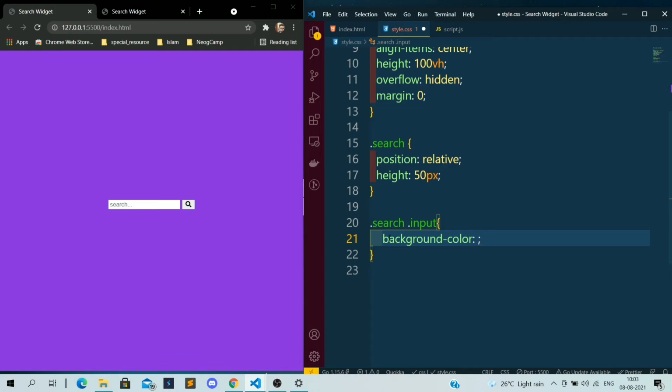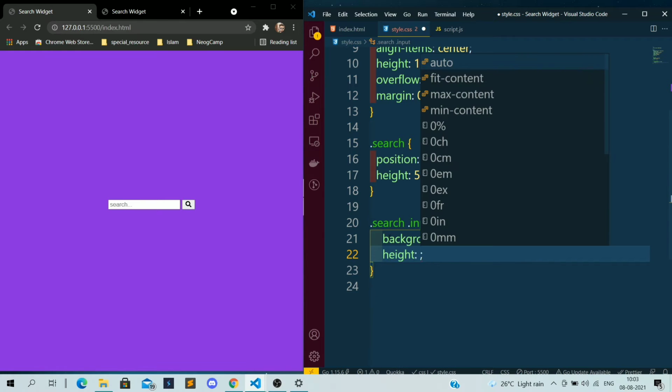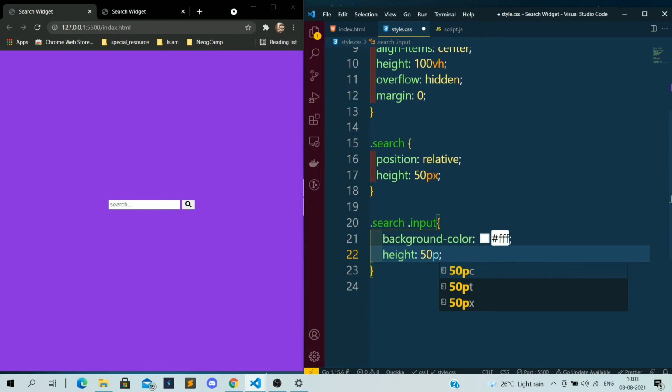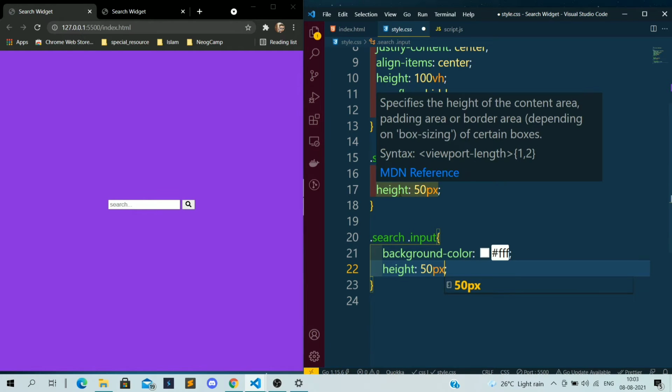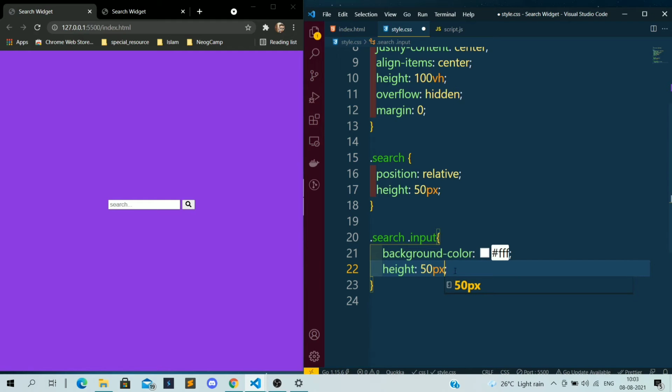As of now it's already white, but still I want to give some height. I want the height of this input to be equal to the div. If you see here, I've given the div a height of 50 pixels, so the same height I have given for the input field also, so that it will take the entire div. Let's save it.